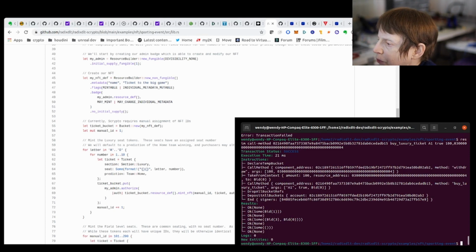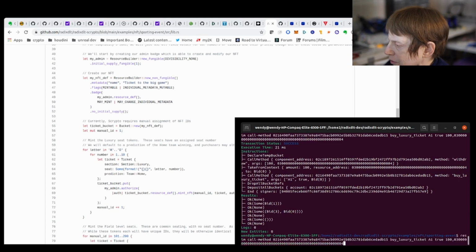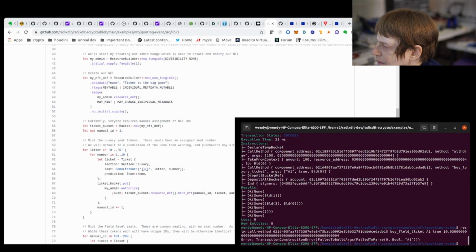There you go. So it bought its luxury ticket. Now you can also buy a standard ticket or a field ticket, and that's only 10. Oh, what did I do?